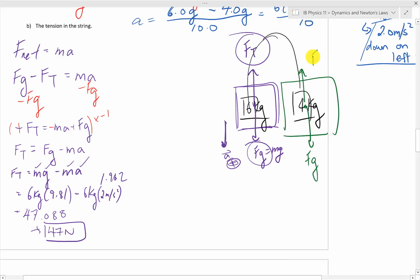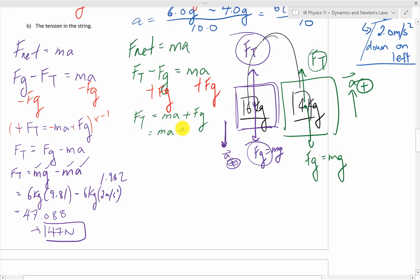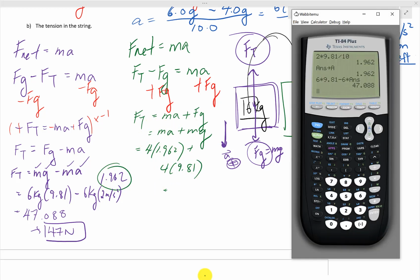So let's do the other mass just to show you what that's like. But this time the acceleration is upwards for the 4 kilogram mass. So Ft is going to be positive, not Fg anymore. So upward force, we have Ft, subtract the opposing force, Fg in the opposite direction, equals the 4 kilogram mass times its acceleration. So then let's solve for the tension force. And we know Fg is just mg. Substituting in our mass for 4 kilograms and acceleration as this 1.962 non-rounded number. And we also get